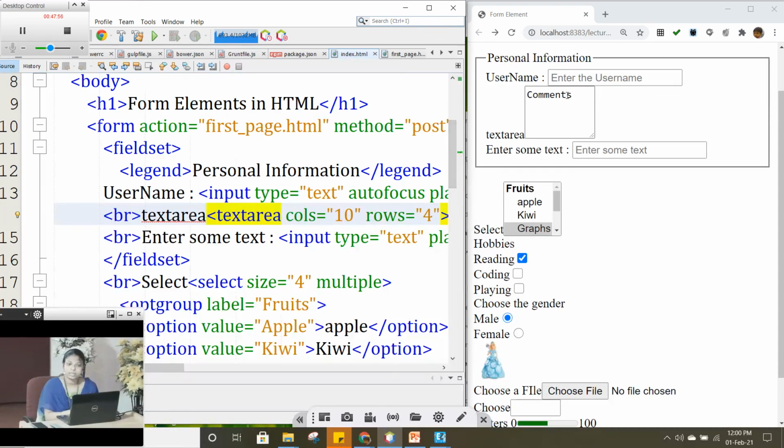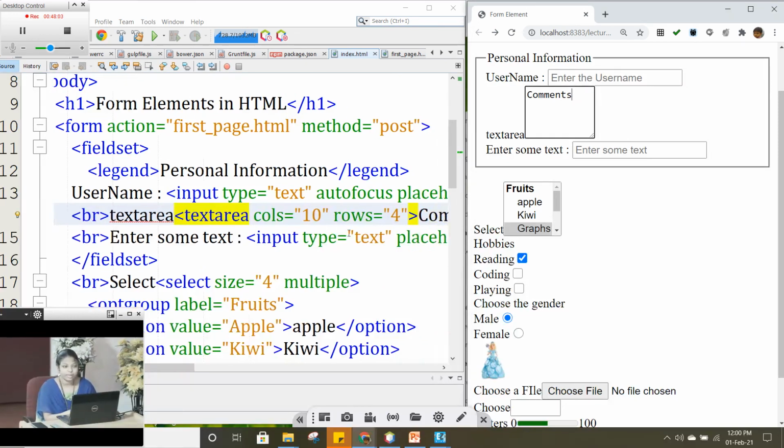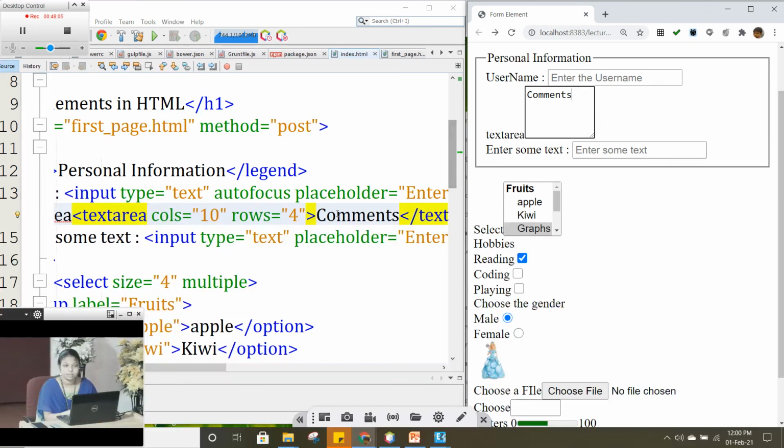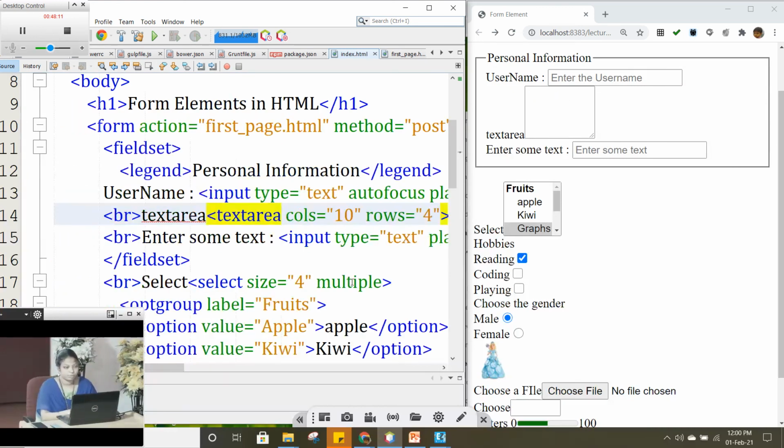So here you can see a slightly bigger text box coming. And by default I have given a text as comments. If you leave it empty, nothing will be shown there. So here we can say enter your comments, or simply comments.